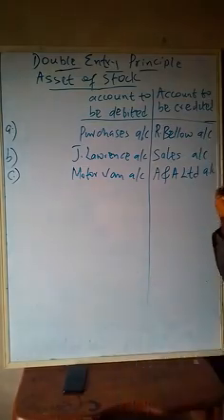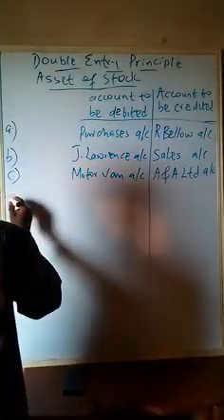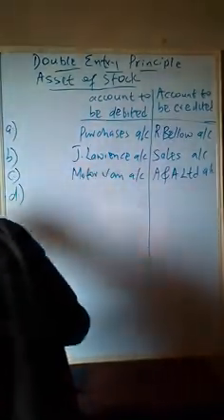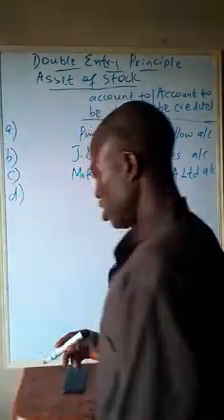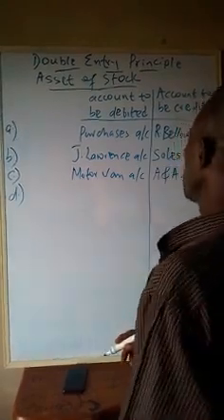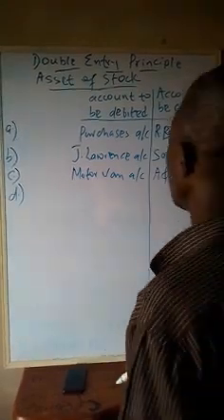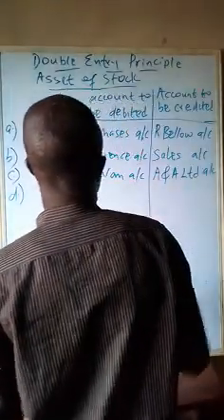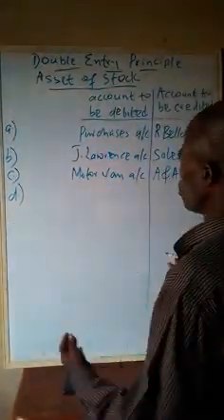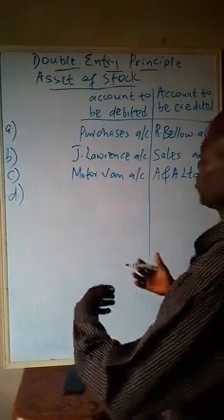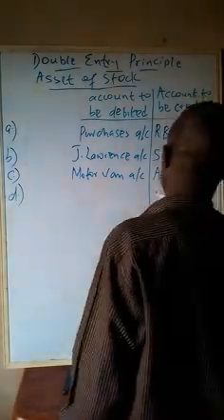A&A account. Then D, goods sold, a check being received immediately. Goods sold, that is sales account. You credit sales account,